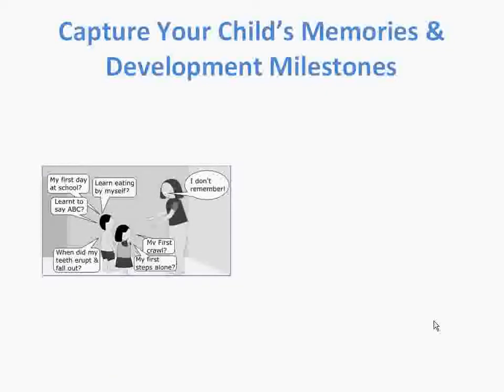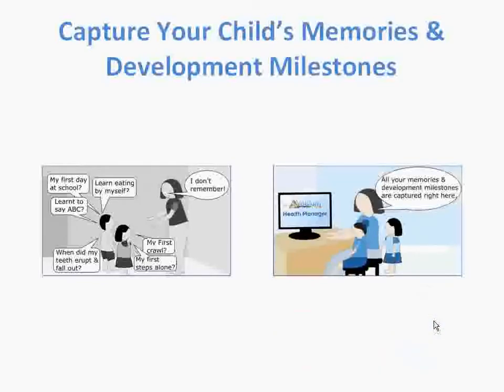A lot of times it happens at various homes that children keep on asking, can you tell me, mother, when did my teeth erupt? When did I first start crawling? And mother is like, okay, it might be maintained in one of those memory books, let me figure out where it is. It would be really great if all these things are captured and stored in a software. Vobium Health Manager provides that functionality, and the mom can directly log in and tell the child, your first teeth erupted at the age of 3 months.